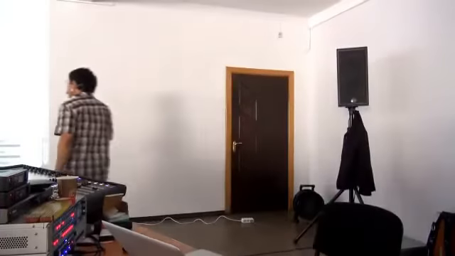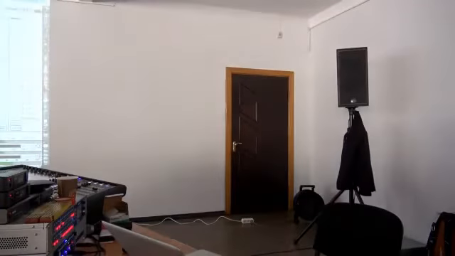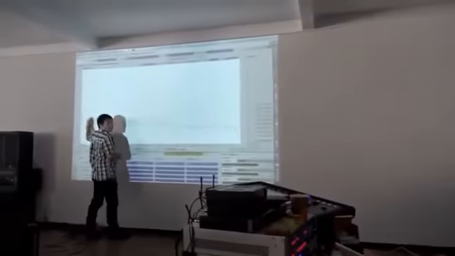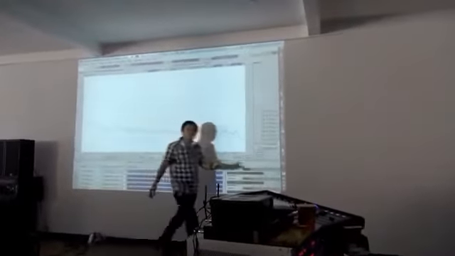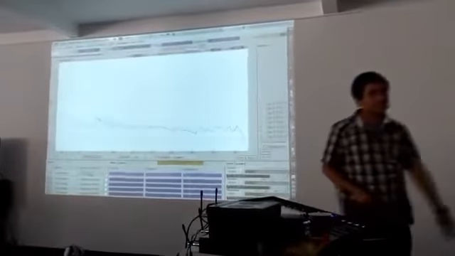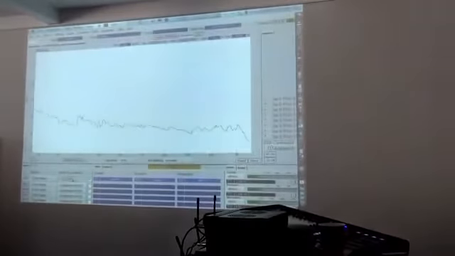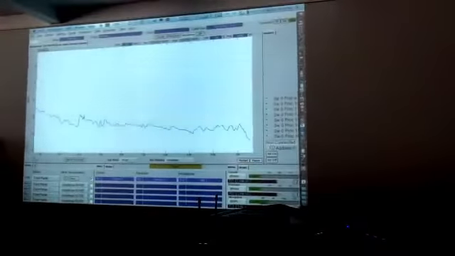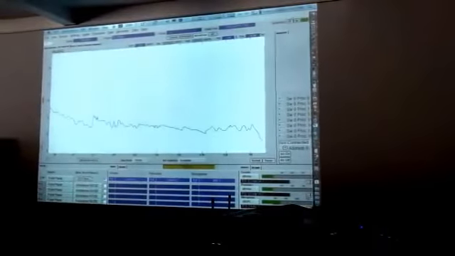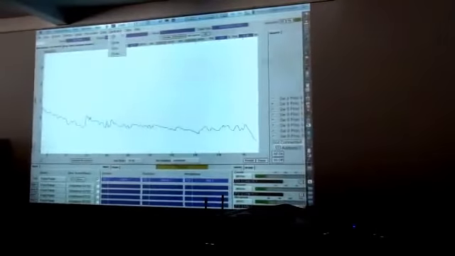So, this is the graphic of the ambient noise. More level in the lows, less level in the highs. So, if I play right now 40 Hz,